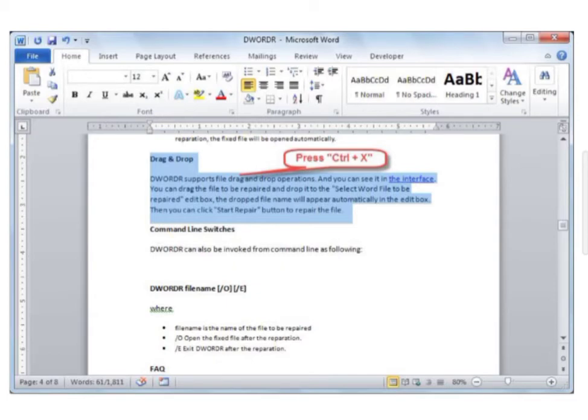Now moving the text. This feature can be used when the text entered is to be moved to some other location. First, select the text in the placeholder to be moved. Then click Cut option in the clipboard group on the Home tab. Next, position the pointer at the new location and click Paste option in the clipboard group, and the selected text will be moved to the new location.